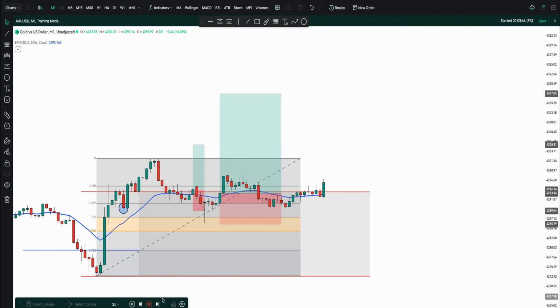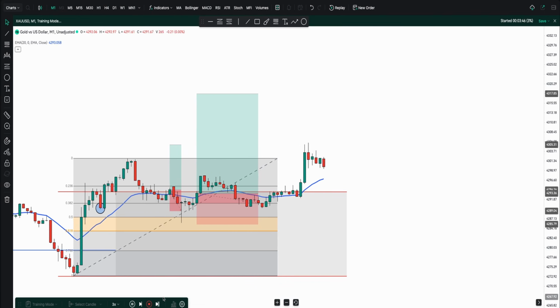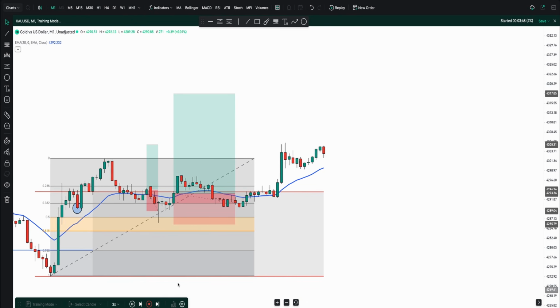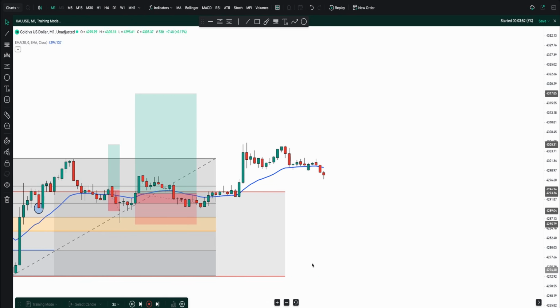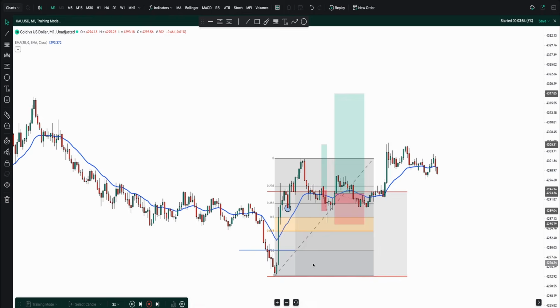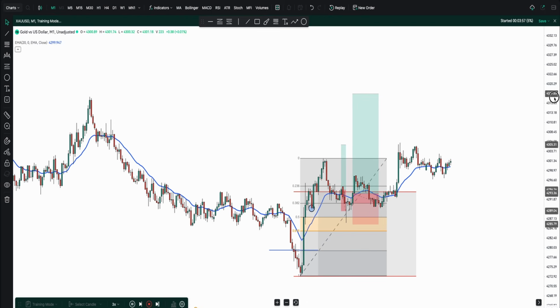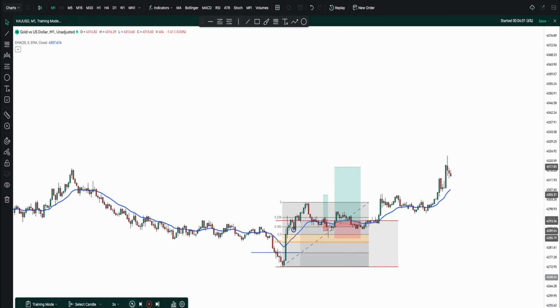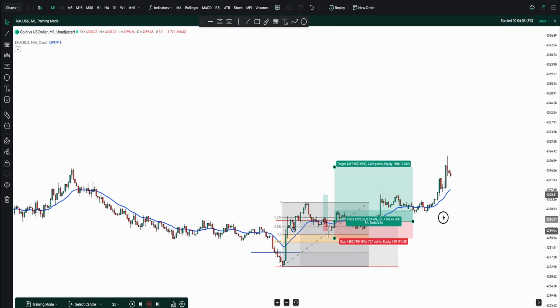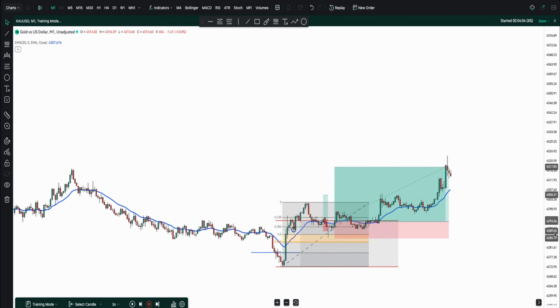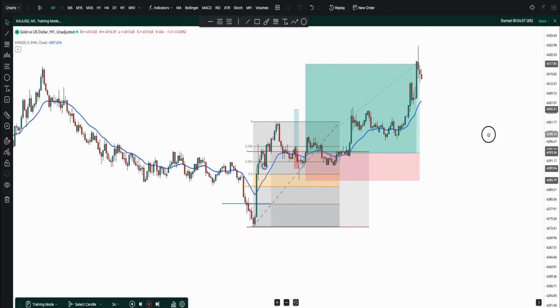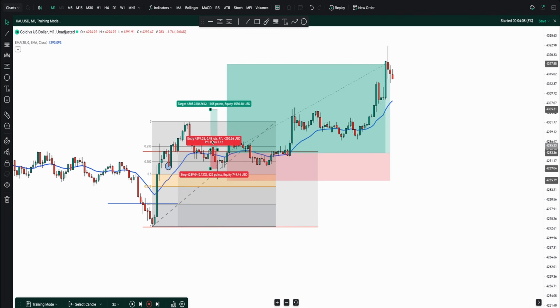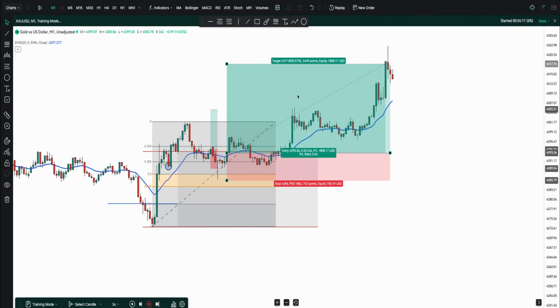Okay, so we had a pull back down, and then now we see some momentum. We see the market go up. Let's pull this back here and see. So here you are actually trading on the 1 minute time frame, right? And you can see that this trade goes and hits a 1 to 3. So with this 1 to 3, you recover the 1R that you lost here, and then you're up 2R,